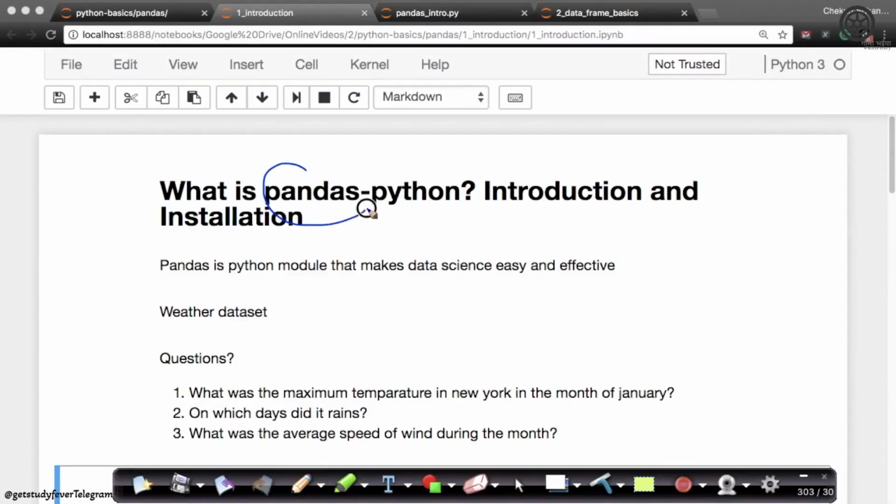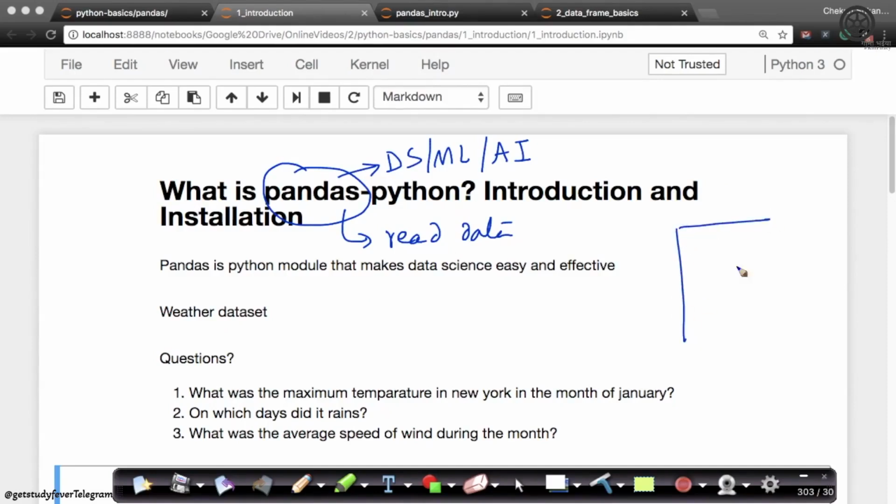Pandas is one of the most popular libraries in Python for data science, machine learning, and AI. It is one of my personal favorite libraries, and it's extensively used to read data and to process data. It's literally one of the best ways because oftentimes data comes in a tabular format where you have rows and